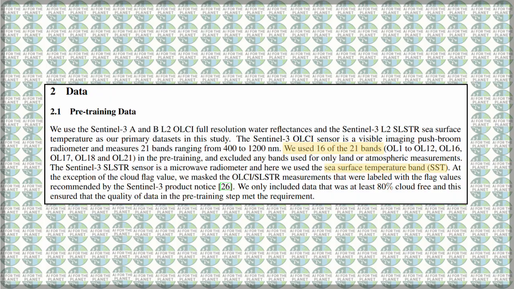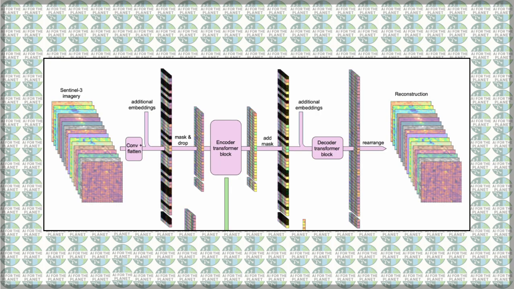In this paper, the authors build an ocean color foundation model based on color and temperature measurements from Sentinel-3. They then show how it can be fine-tuned to perform ecologically relevant downstream tasks. For pre-training, the authors start with a vision transformer architecture and train it via a masked autoencoder framework. In this framework, a few pixels in the input image are masked, and the goal of the model is to reconstruct those missing pixels. The reconstruction loss is calculated using the root mean squared error between the actual and predicted